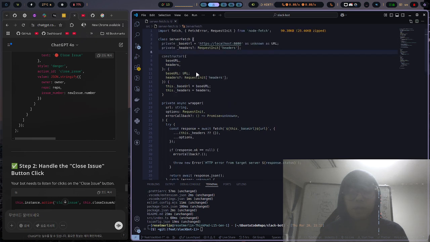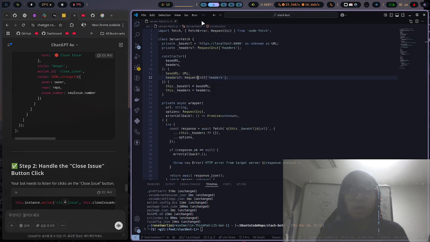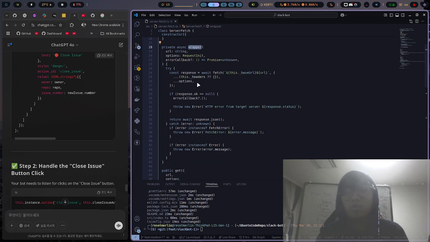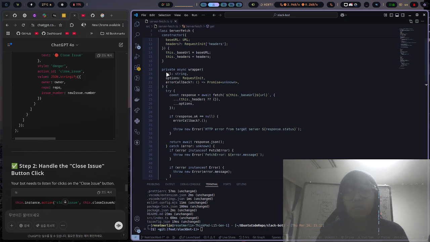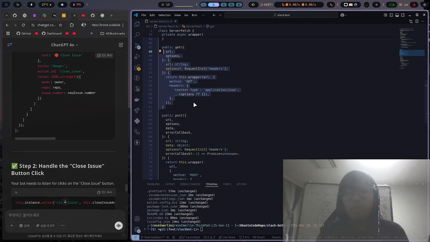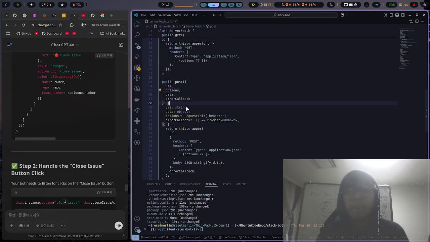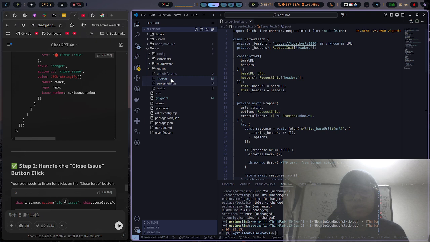And if you look here, the wrapper is the one doing the fetch. So get is just the core thing on the wrapper. The wrapper is the one that calls the API, but methods like get and post are the ones utilizing the wrapper. And that's great. Also the implementation of this server fetch is, if you look at the GitHub fetch